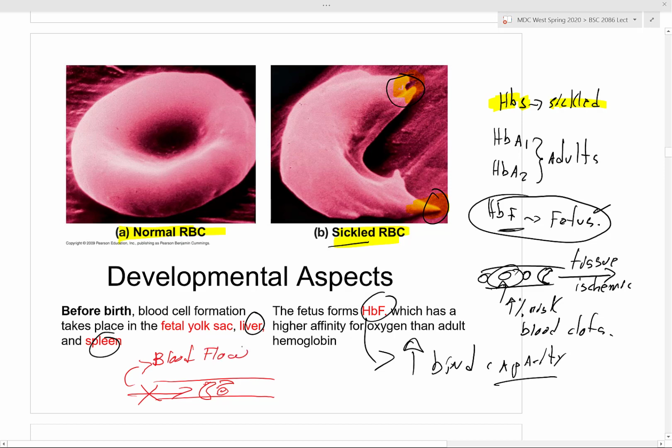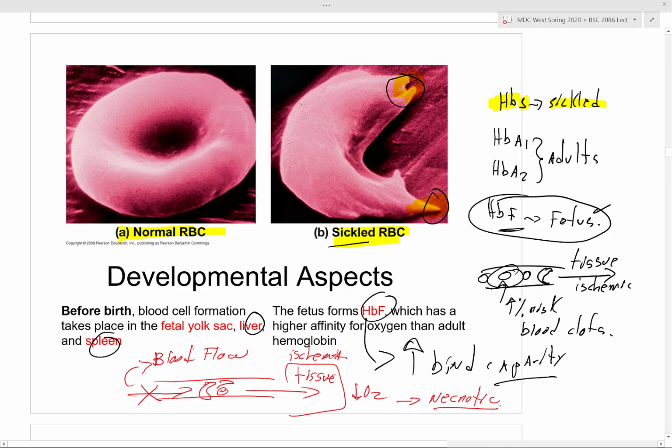Blood flow. So that means that this tissue right here will suffer from what? Ischemia, which is a what? Low oxygen content. That's what ischemia means. That means through a long term, or after a minute or so, that tissue will start to decay, or become what? Necrosis. It's going to start to die.